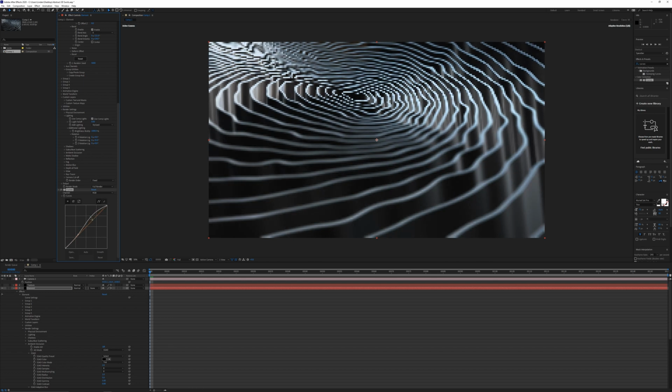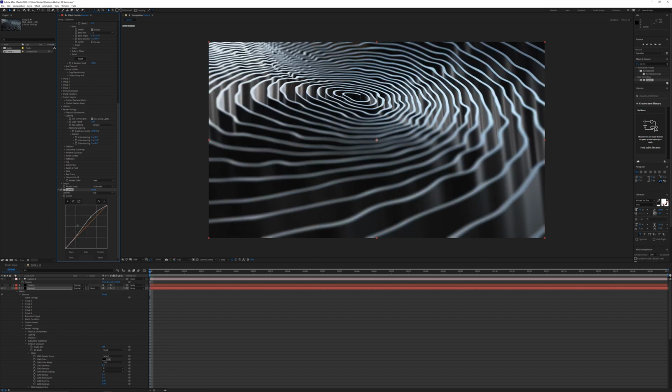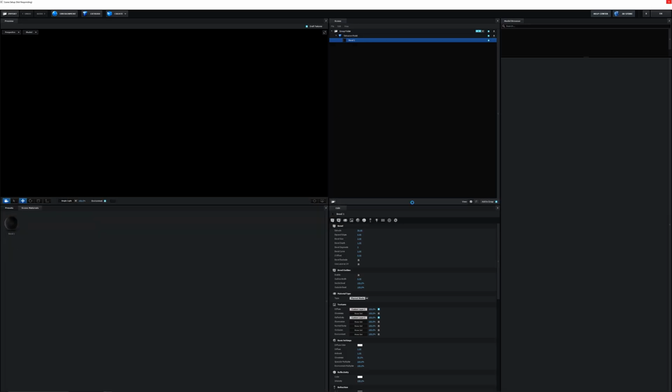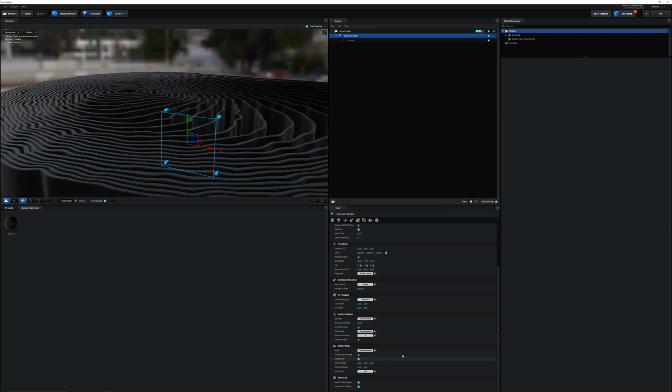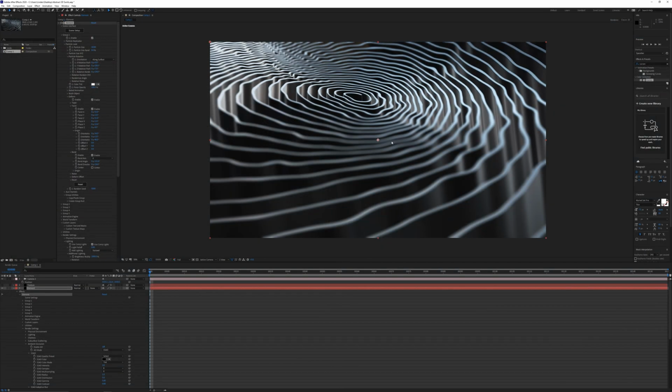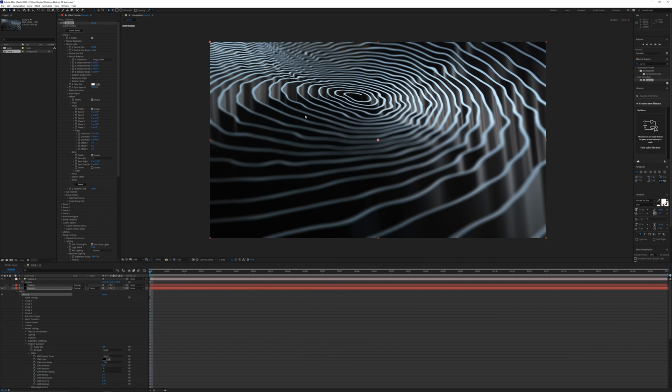Now there is something I forgot to do, and I forgot to change the reflections on the object itself. So to fix that, we're going to have to go back into Element 3D, select the extrusion model, scroll down to reflect mode, and on the mode, change that to mirror surface. And then you need to check render self. Then click OK, and the result is going to be a lot darker, but the reflections on the side are going to be a lot more realistic.